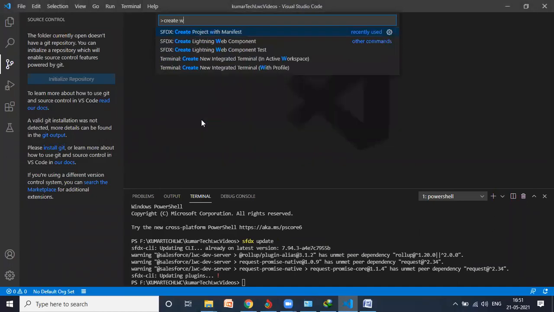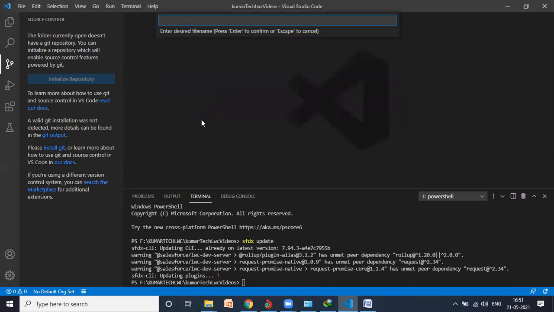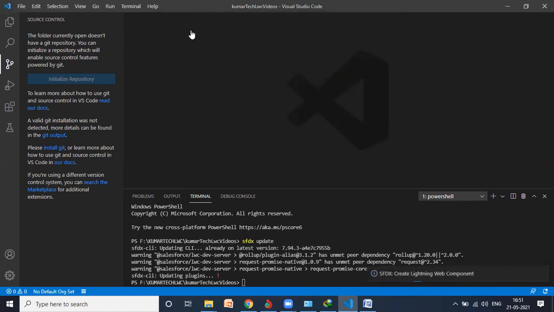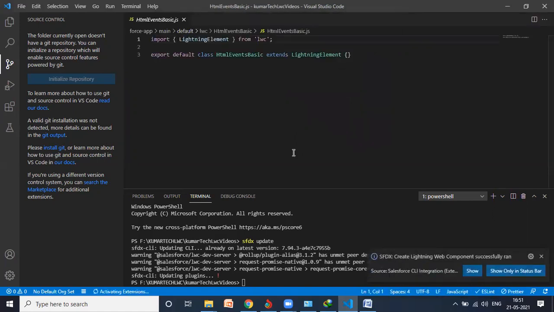Hit enter, give this name and hit enter again. When I hit enter, three files come: an HTML file, a JavaScript file, and an XML file. Which directory? The same, the default one. Hit enter and wait a few seconds. It's already done.